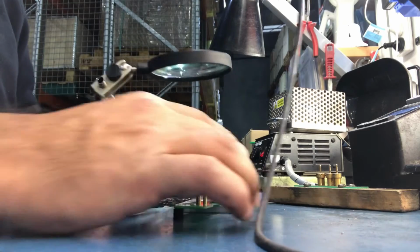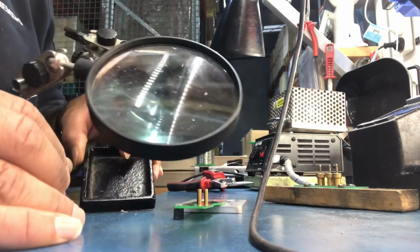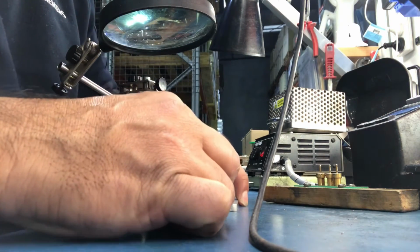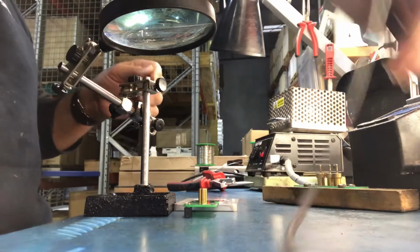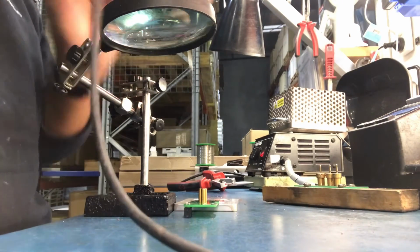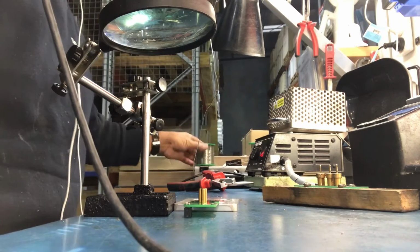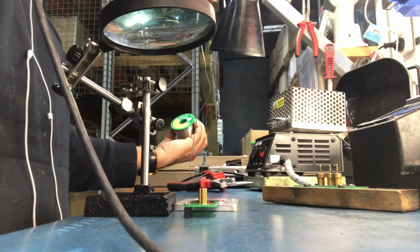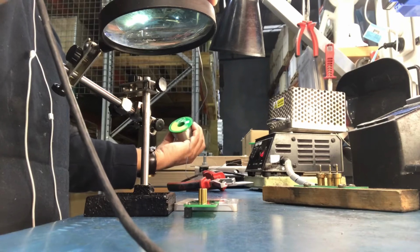Now I'm using a magnifying glass. You can see that magnifying glass. It's up to you. You can use what size of solder. It's better you can use 0.1 or 1.5 should be fine,